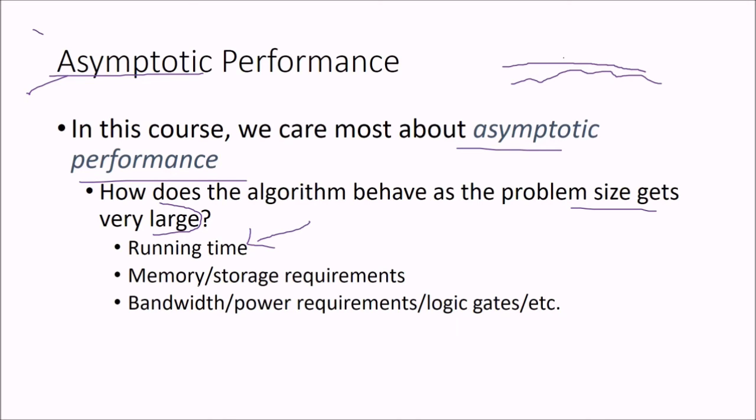Then the second thing is memory and storage requirement. So there are two: one is the storage, and then we have the algorithm running time, and we'll introduce omega, big omega, and big O notations just now. And the third thing is the bandwidth and the power requirements, the logic gates, etc. These are subsidiary or supporting, but in certain cases your algorithm will be dependent on these values, like network algorithms